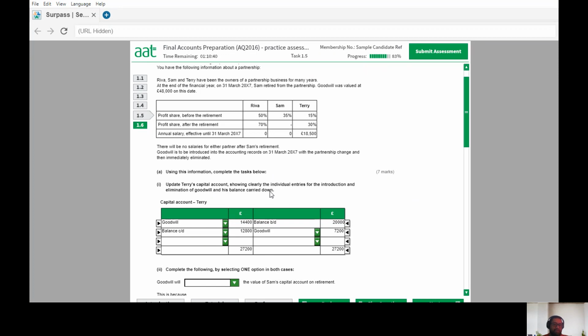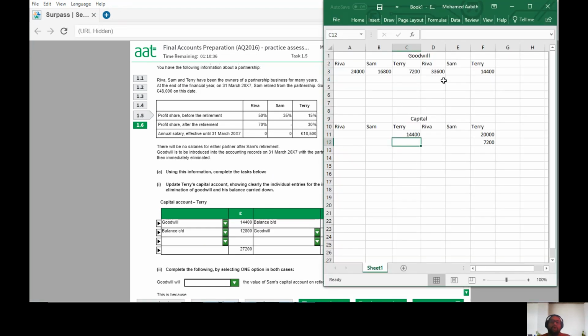Okay, so what you can see in this question, it's not much information you need. I only brought the spreadsheet to show you how it looks on the goodwill account first, and then how this is going to be impacting individual capital accounts, because they didn't give me a capital account for either of the other two partners, but it will eventually go there. So if I'm looking at it, here Sam has 16,800, Riva 24,000, and similarly Riva will have